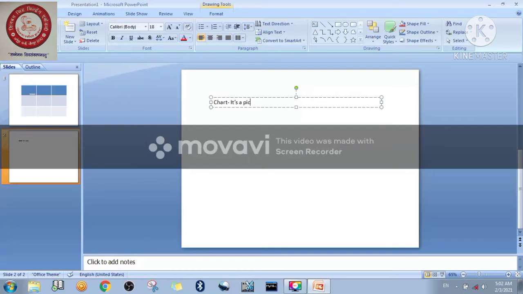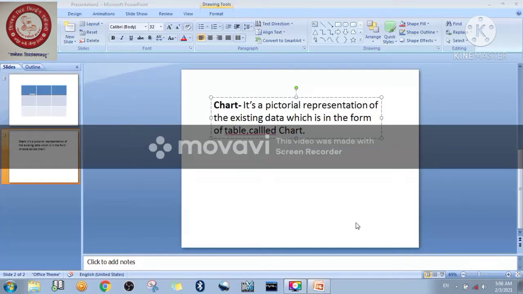Chart means it's a pictorial representation of the existing data which is in the form of table, called chart, right?